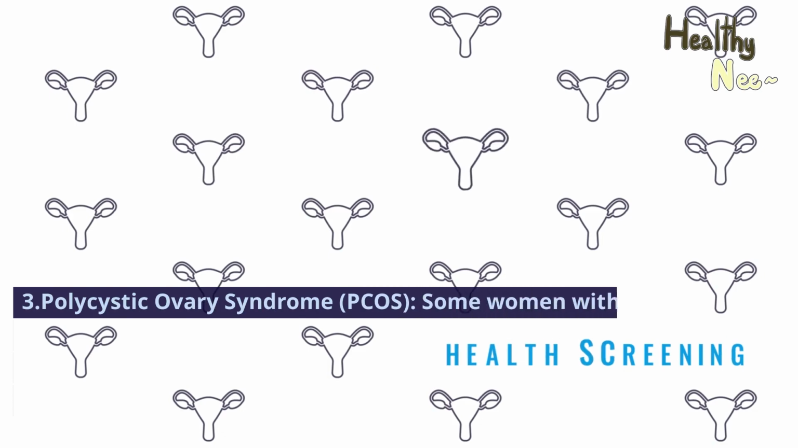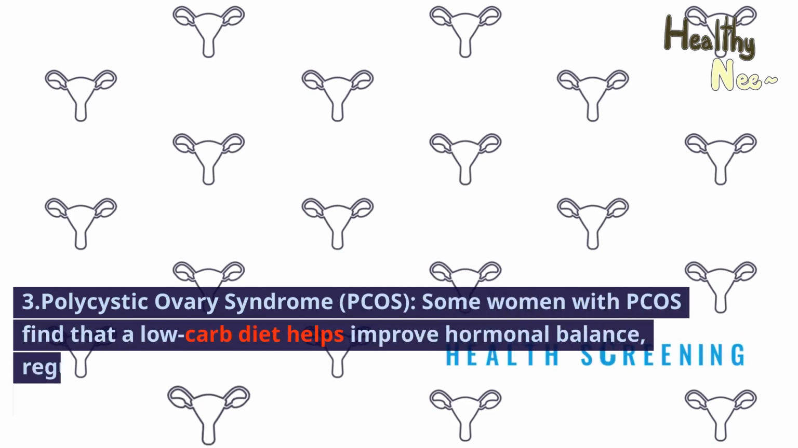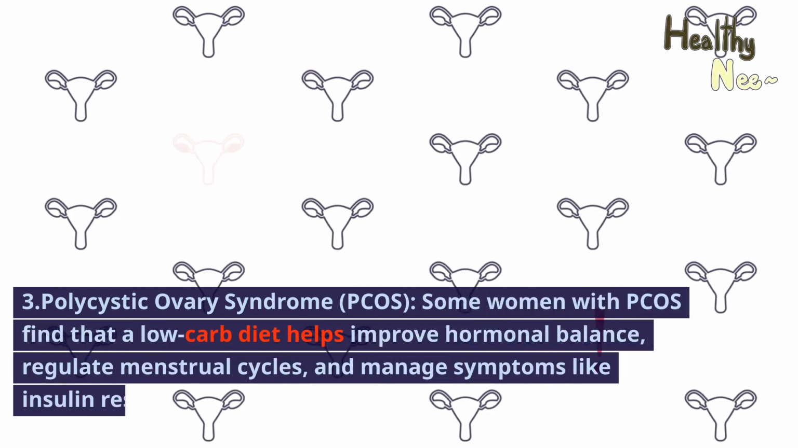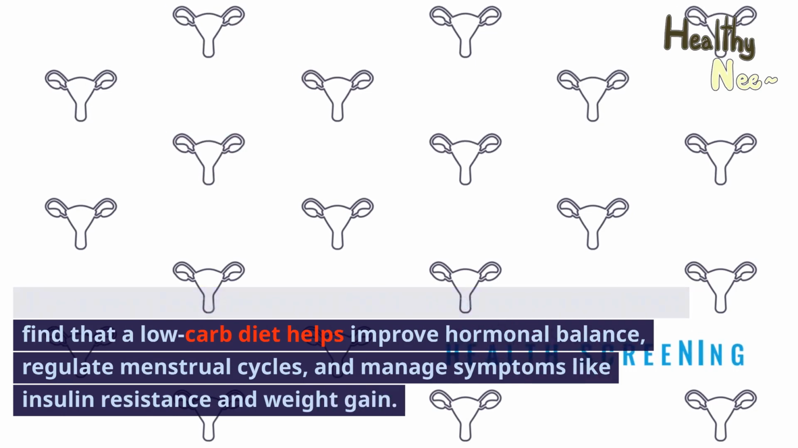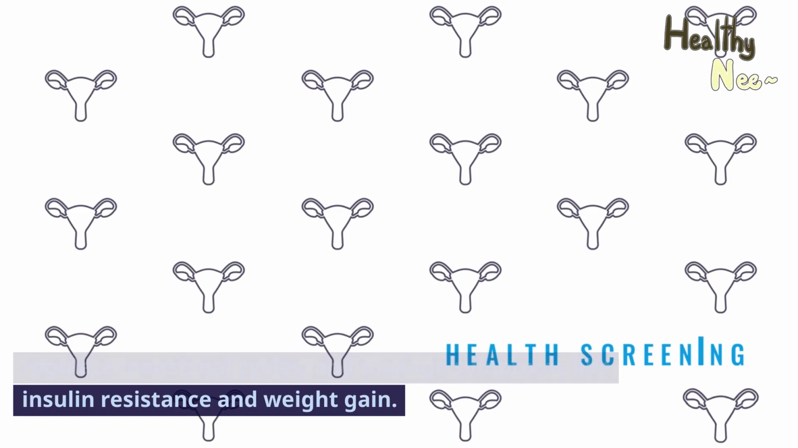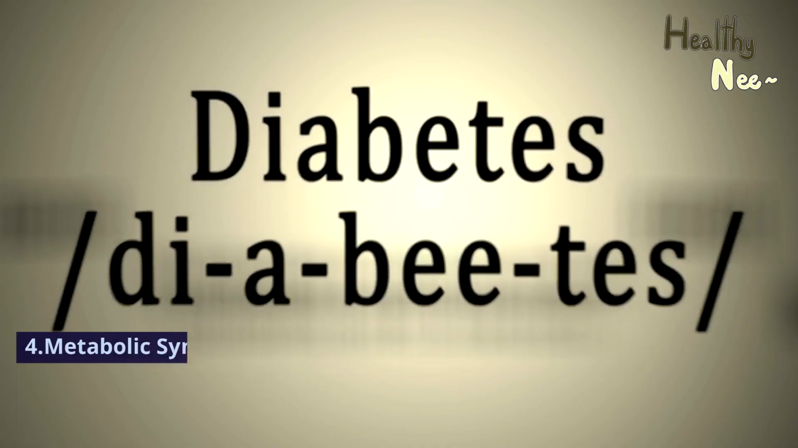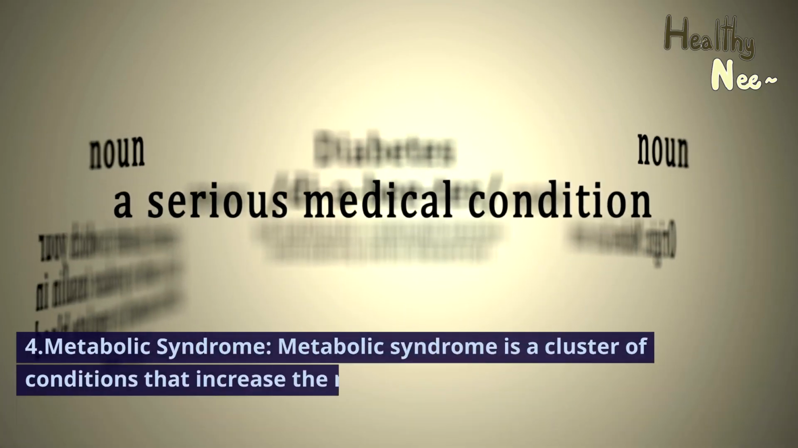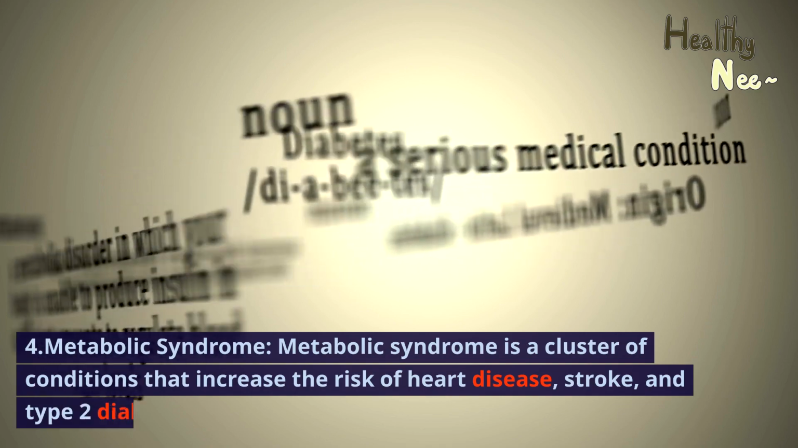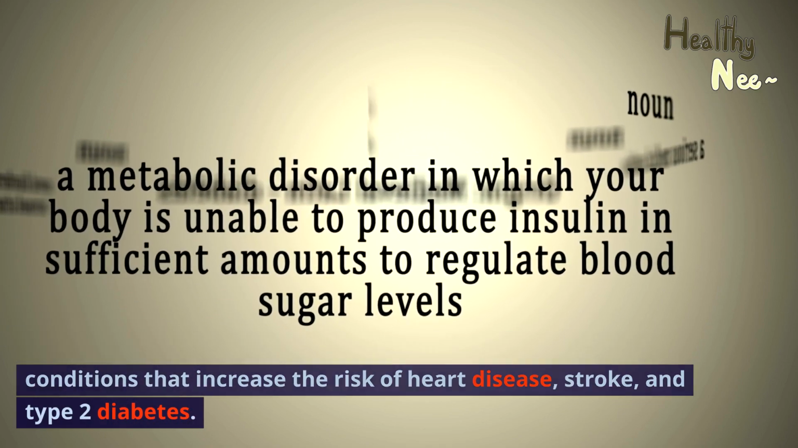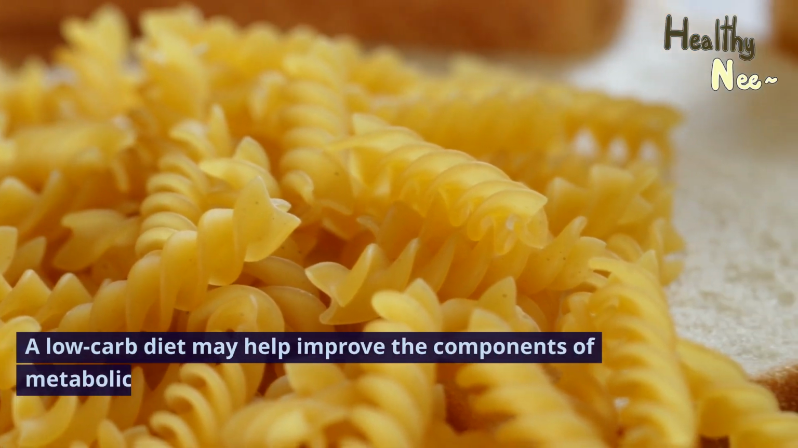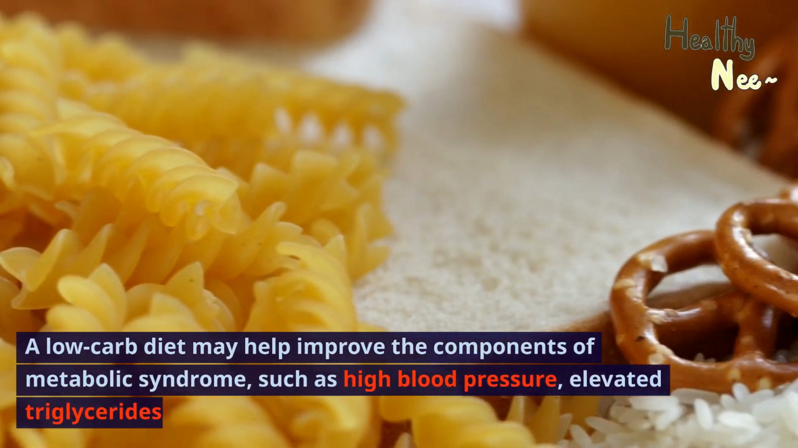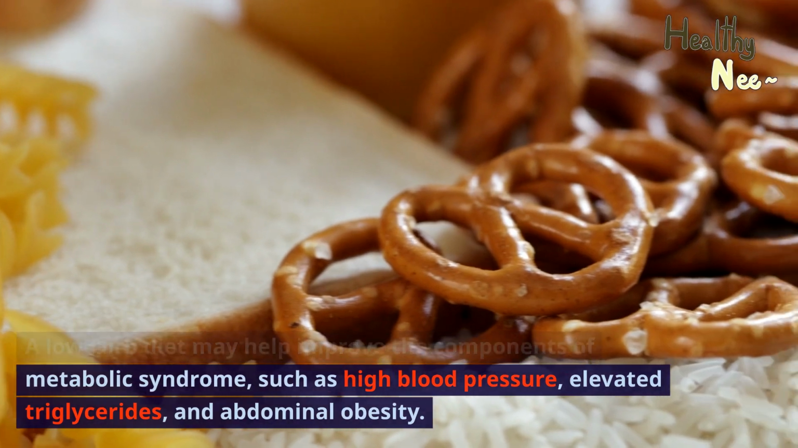3. Polycystic ovary syndrome, PCOS. Some women with PCOS find that a low-carb diet helps improve hormonal balance, regulate menstrual cycles, and manage symptoms like insulin resistance and weight gain. 4. Metabolic syndrome. Metabolic syndrome is a cluster of conditions that increase the risk of heart disease, stroke, and type 2 diabetes. A low-carb diet may help improve the components of metabolic syndrome, such as high blood pressure, elevated triglycerides,